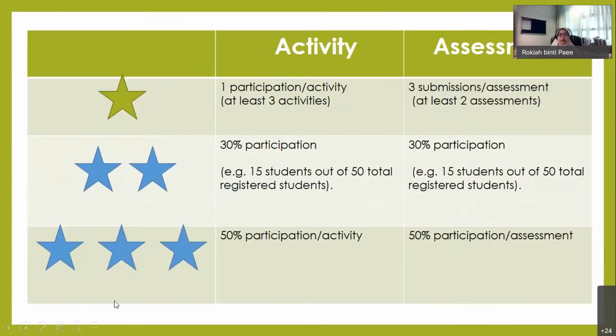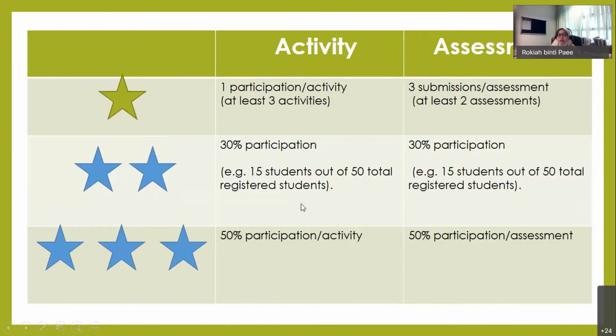Okay. So to achieve the stars, you have 1 star, 2 stars, and 3 stars. For each activity, at least 1 participation, for at least 3 activities. And as for assessment, at least 3 submissions for each assessment. You have 2 assessments that are required, so at least 3 submissions for each assessment. But at least you have 2, and activities for 3. And to get 2 stars,